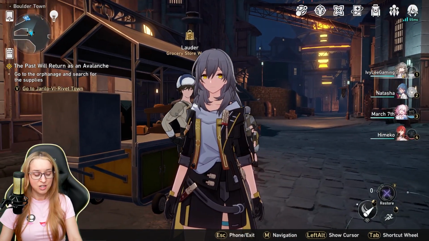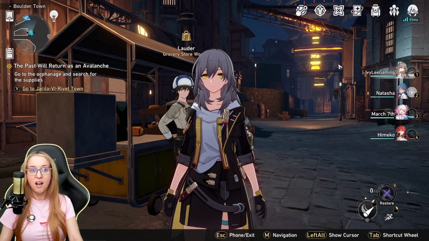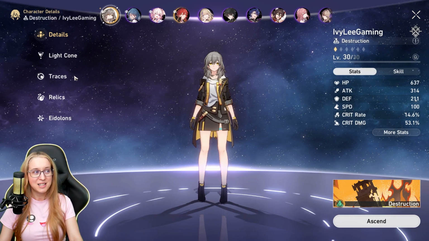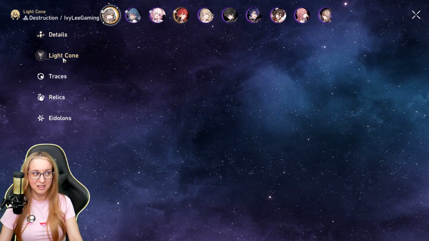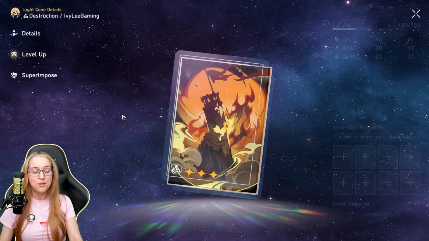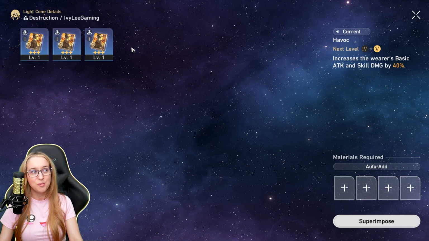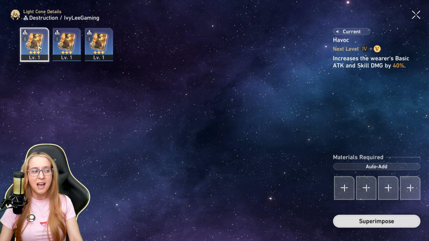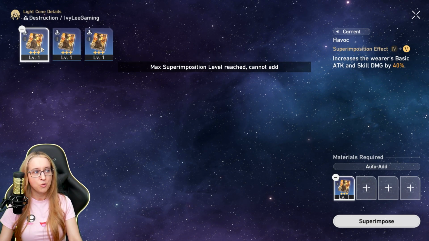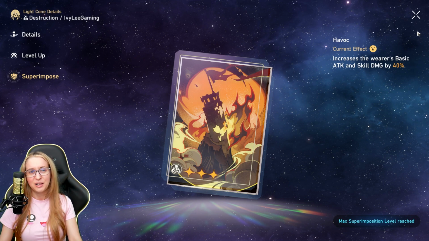Now, besides the dupes for your characters, there are dupes for the weapons as well. There is a dupe system, I should say, for the light cones as well. So your light cones, you can enhance them by superimposing them. That requires dupes of the same one. Now, it's okay to go ahead and do this with these blue, rare 3-star ones early on